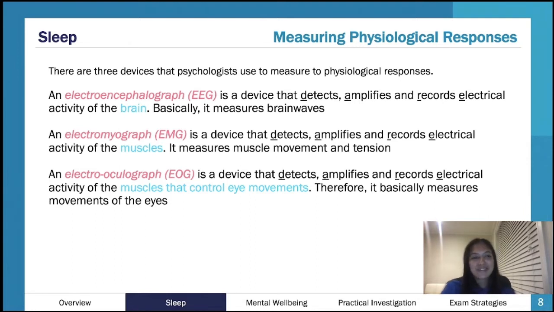Okay, so moving aside from that, in terms of what we're actually looking at, your EEG, your EMG, and your EOG are measuring these physiological responses of the body. They're detecting the electrical activity of these 3 separate things. The EEG is measuring the activity of your brain. The EMG is detecting the activity of your muscles, and the EOG is ultimately detecting the movement of your eyes, but it does that by detecting the muscles that control eye movements. So with these, they're called electromyograph, electrooculograph. We're thinking about electrical activity.